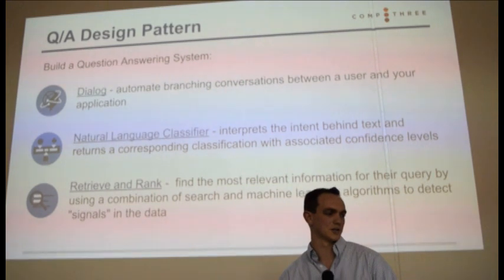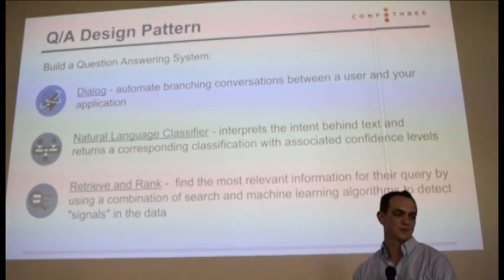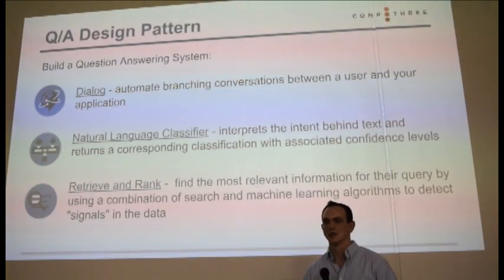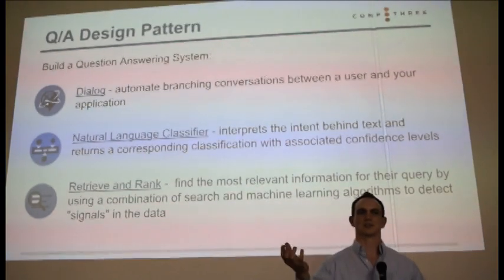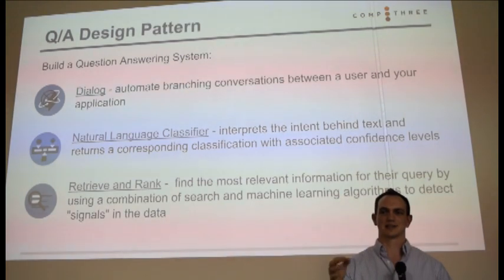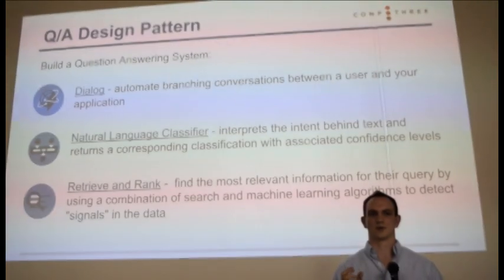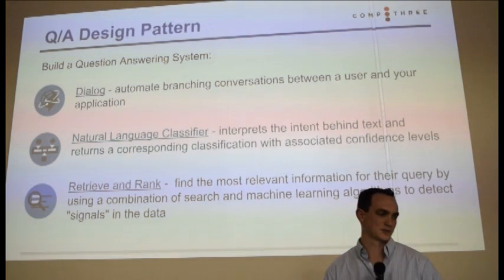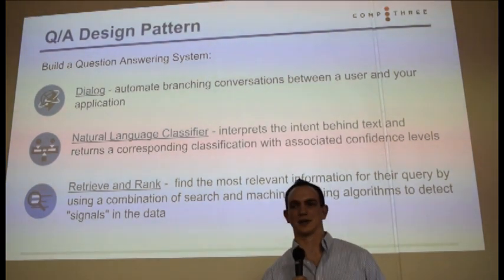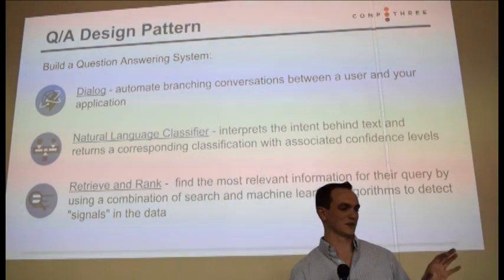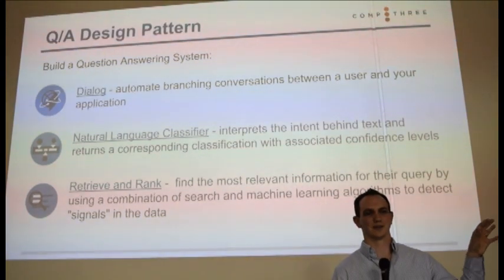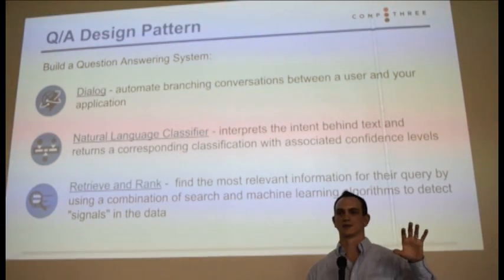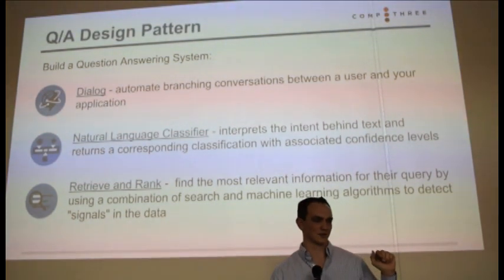The last thing I wanted to mention is a lot of people have been wanting to build their own question and answer system. So I want to be able to ask questions of an agent or chatbot or something like that, or I want to have a service where people can go in and get help for something. There are three services that work extremely well together. And this is really the decomposition of what made Jeopardy work and what makes the Watson engagement advisor work well, are these three here.